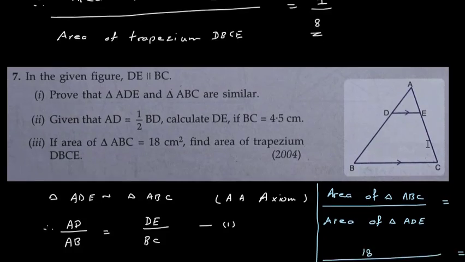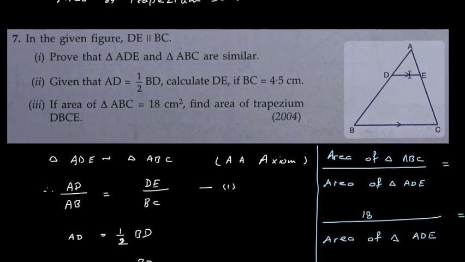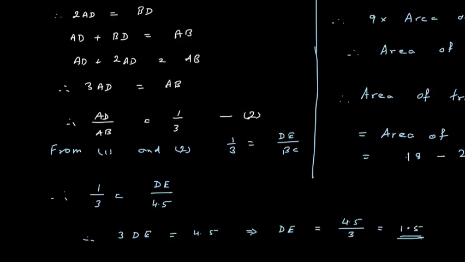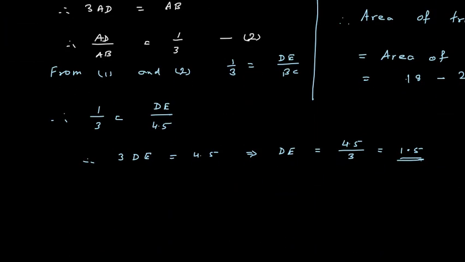Always, whenever you have to find area of trapezium or ratio of area of triangle and trapezium, you have to first prove two triangles similar. By the name of the chapter you also know that this is similarity of triangles. So definitely it is always related in some way to the similarity of triangles.